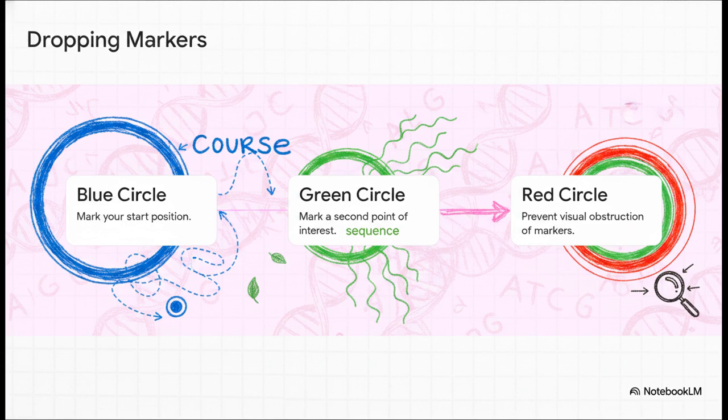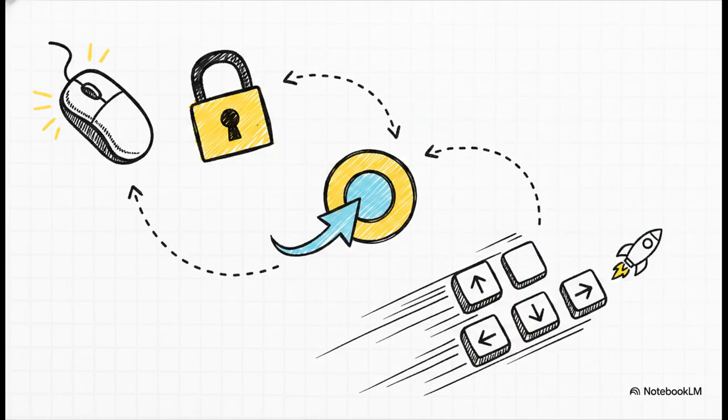And finally, a red circle wraps around the green one, so markers placed in the exact same spot don't visually obstruct each other. It's just a brilliantly effective way to calculate genomic distances and save your spots in a sea of billions of letters. To make navigation even more seamless, these markers work hand in hand with some really intuitive